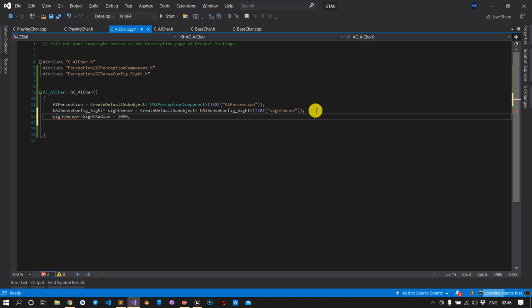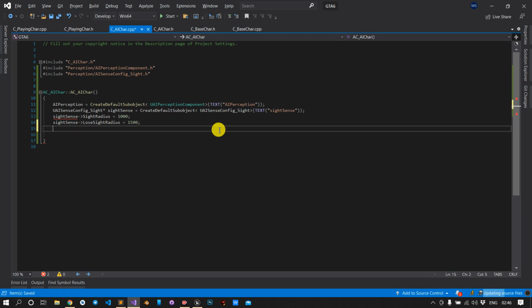Let me just copy this because I have to type it again. Next, we want LoseSightRadius. I will tell you the difference between these two. It should be greater than the above, so 1500.